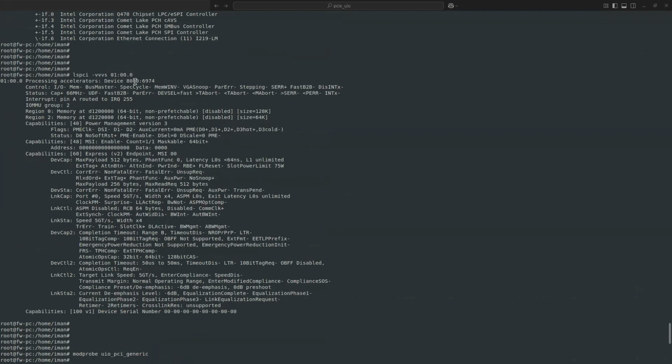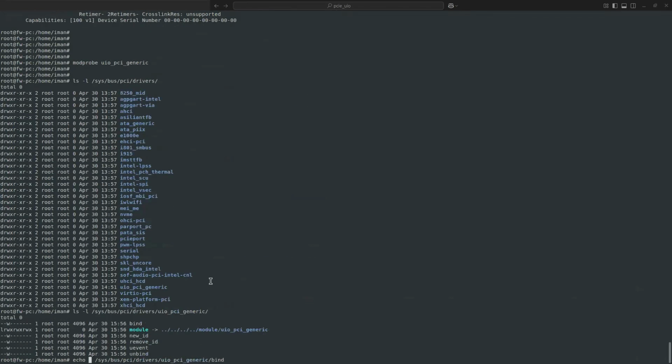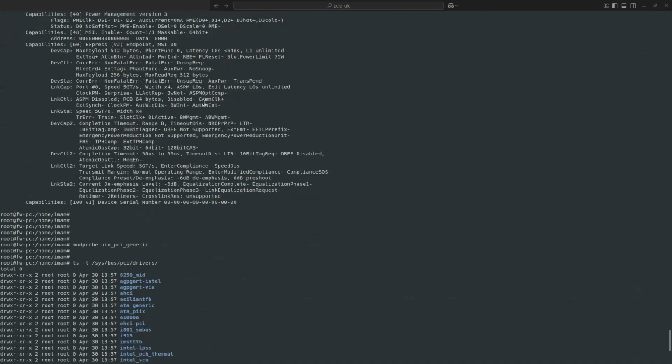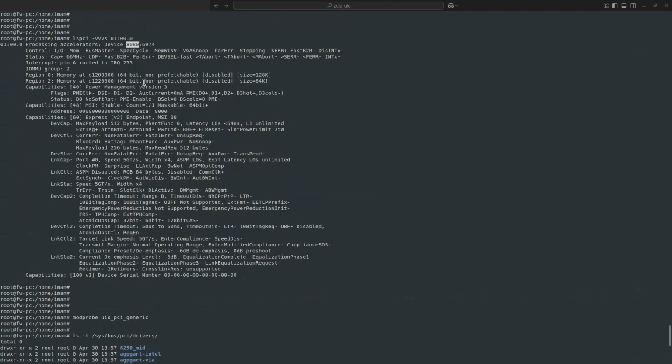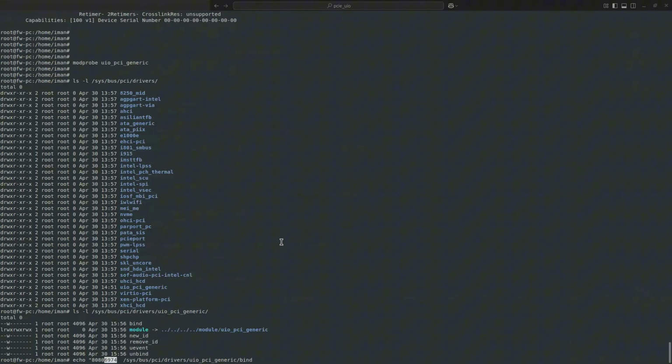My vendor ID is 8080, and my device ID is 6974. So I write this vendor ID and device ID as a unique ID to this command.